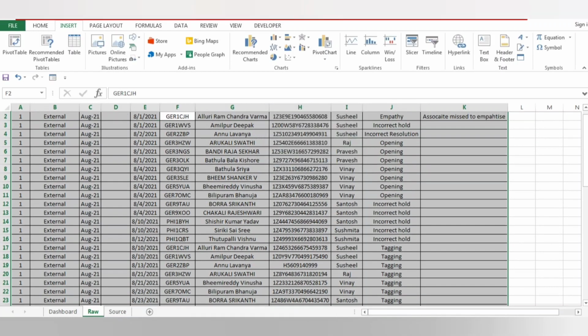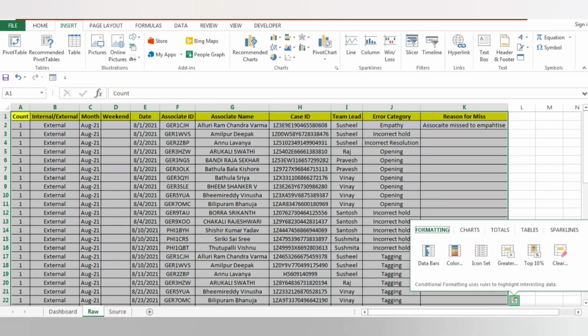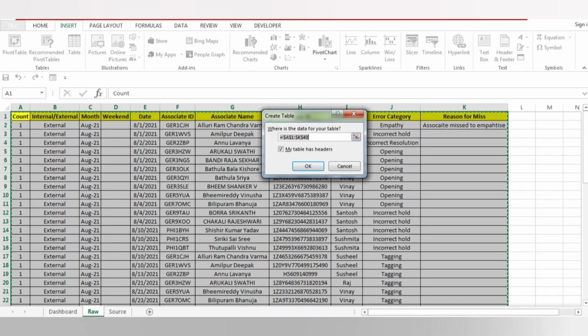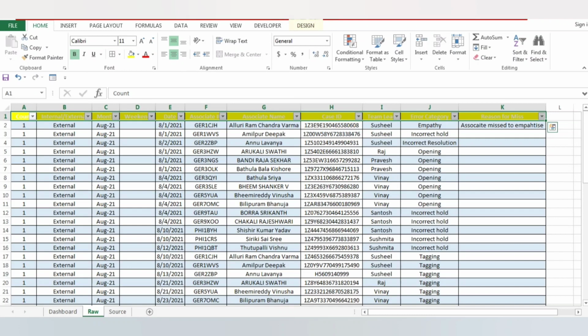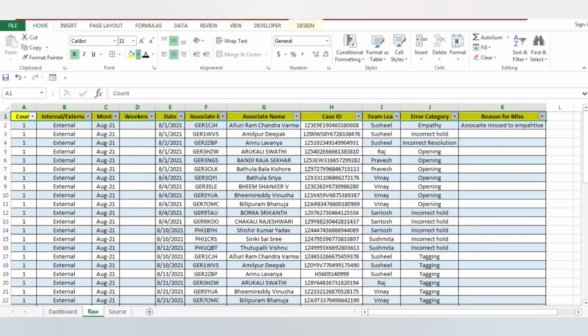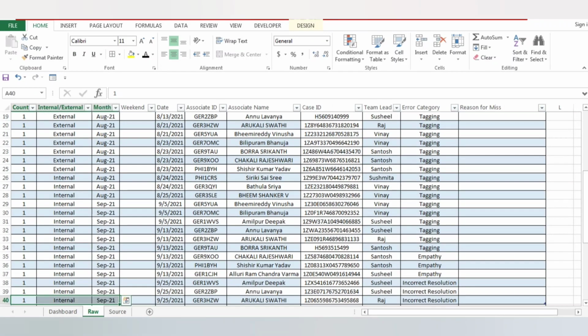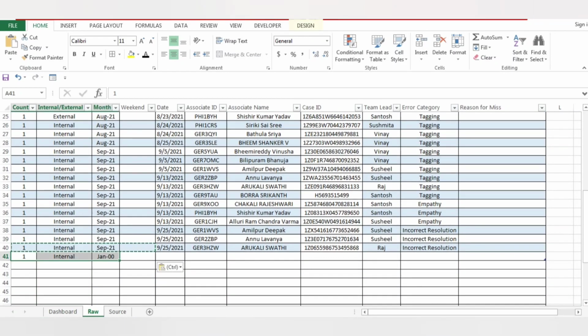Sorry, it's not working. Give me one minute. Control T, enter. So see guys, your data got changed to the tabular format. The header color got converted, so we just rename the color with black, and if you want to update this, you can update it. Every time you add data, it will automatically be taken in the tabular format. See that the color will get changed.